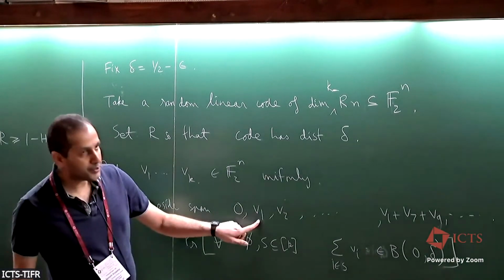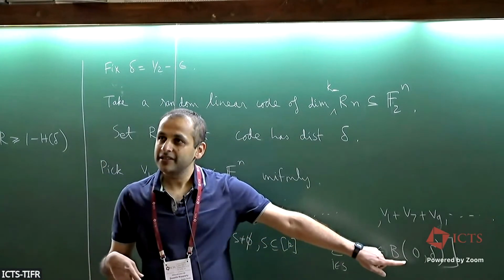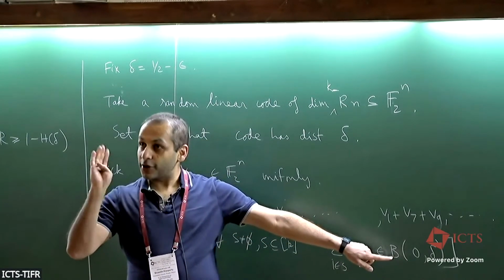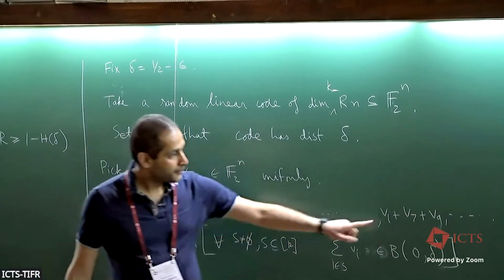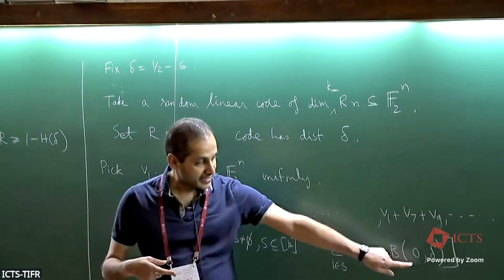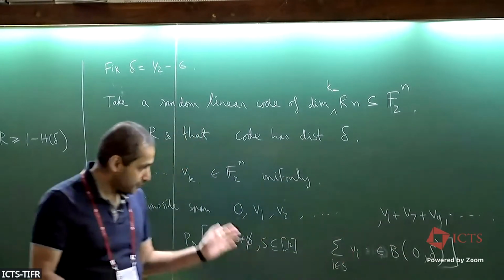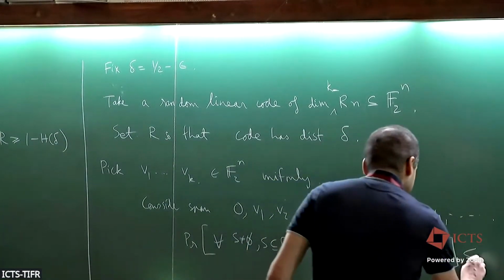So what's the distribution of v1? Uniformly at random. What's the chance that it lies in this ball? The volume of the ball of radius delta divided by 2 to the n. Same for v2. What about here? The distribution of this is uniformly random. The probability that it lies inside the ball is again exactly the same thing. So by the union bound over all these vectors, this is at most,